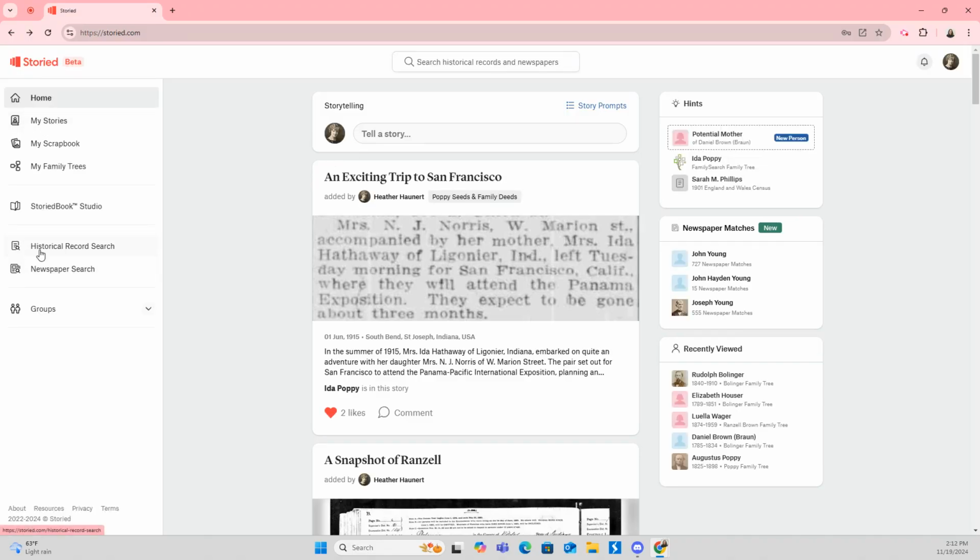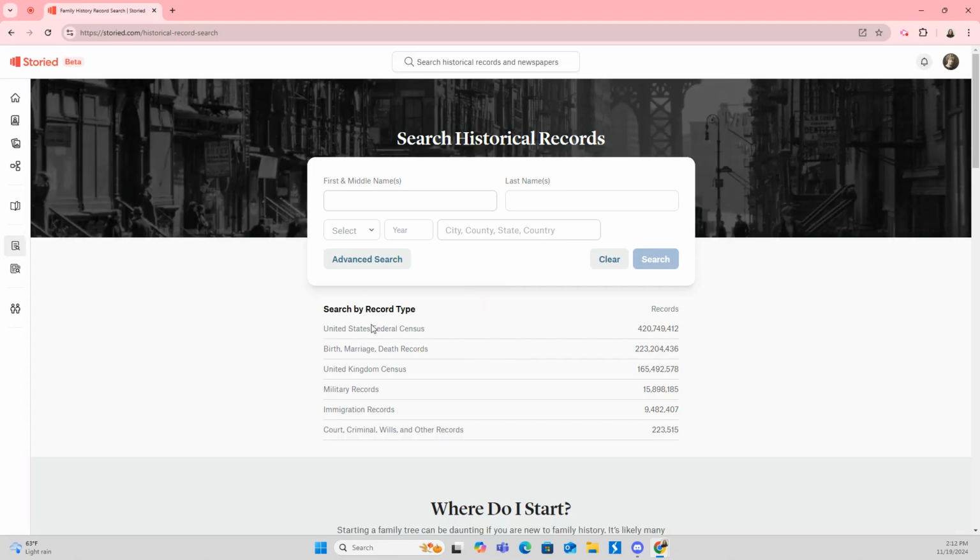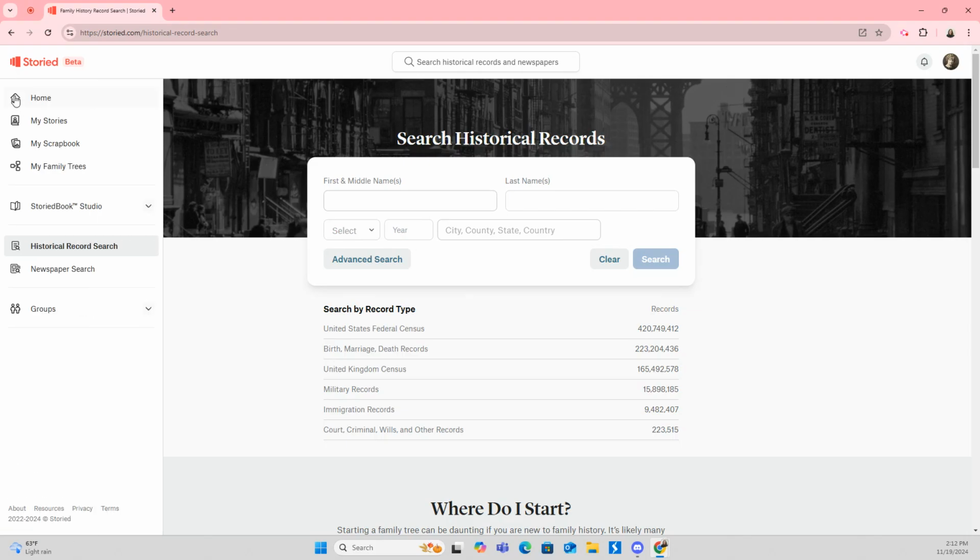I have access here in the navigation panel to this historical record search. You have access with your newspaper archive subscription. On the Storied site, you have access to our full collection of historical records. So we have census records, birth, marriage, death records, all kinds of different records here you can search for and utilize on the platform. If I come up here in the navigation panel to my scrapbook, I can add,